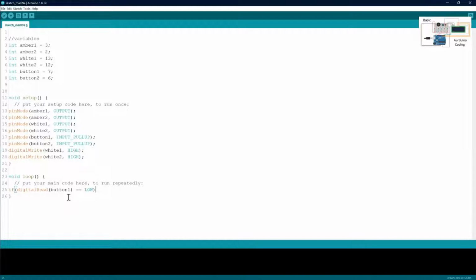then we're going to do another bracket. Hang on, let me just separate that just so it's more easy to read. Tab. But yeah, if button 1 goes low, we're going to put our loop in here. This is what we want it to do when we've pushed button 1. So I'm going to do digital write